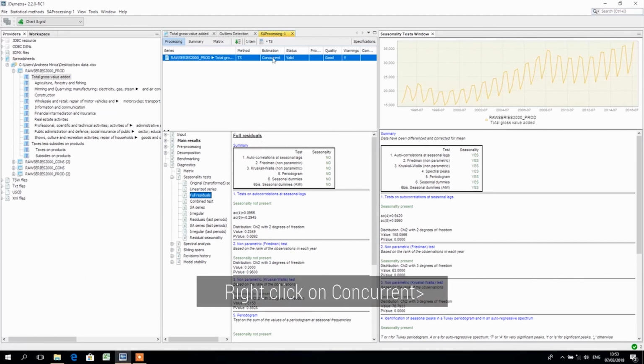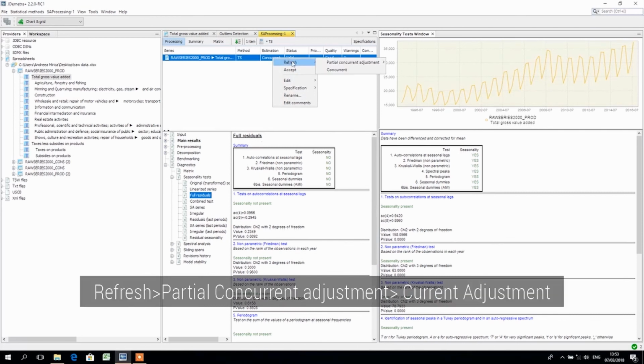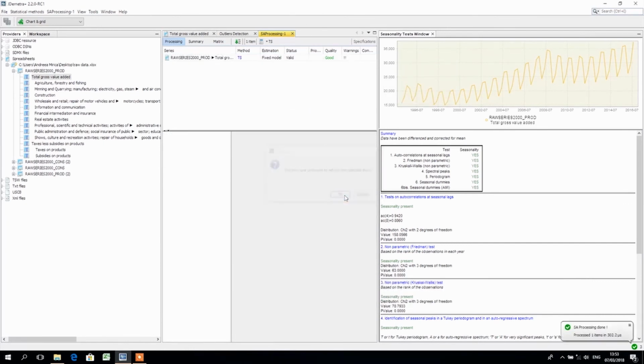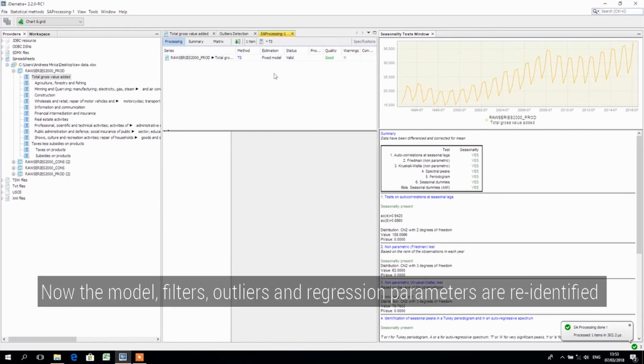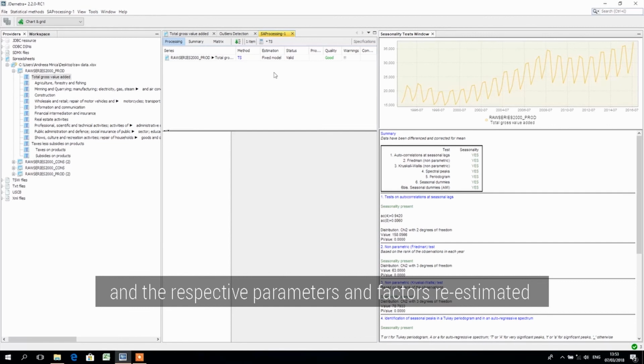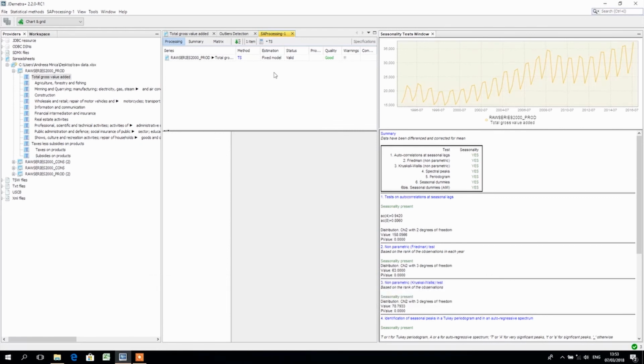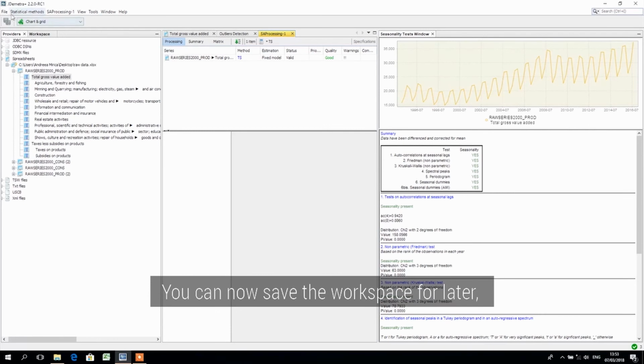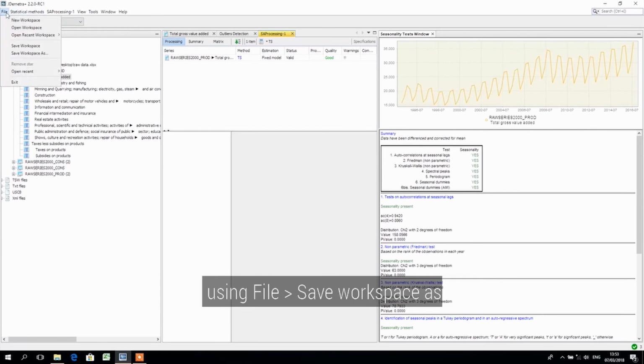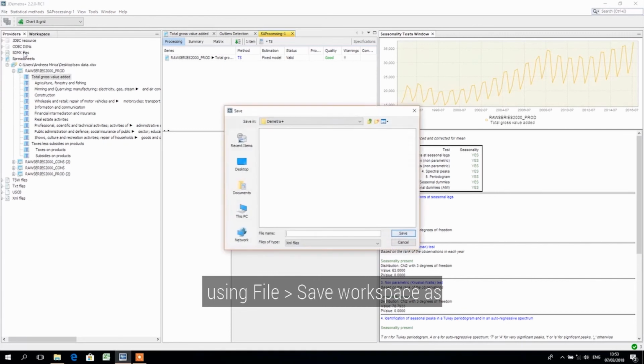And right-click on concurrent, refresh, partial concurrent adjustment, current adjustment. Hit OK. Now the model, filters, outliers and regression parameters are re-identified and the respective parameters and factors re-estimated at appropriately set revision periods. You can now save the workspace for later using File, Save Workspace As,